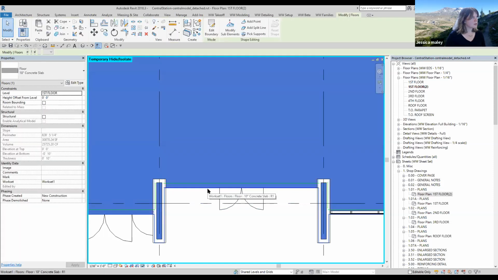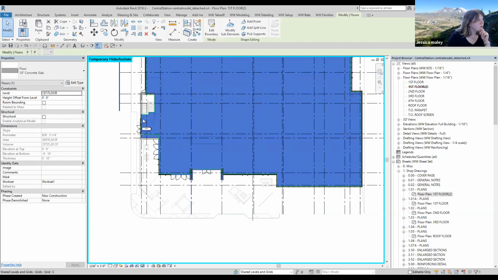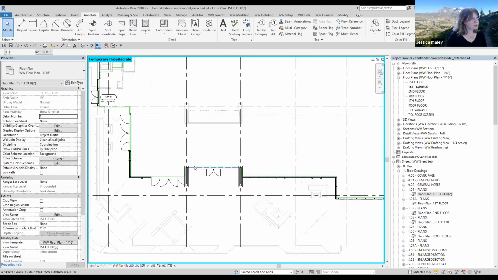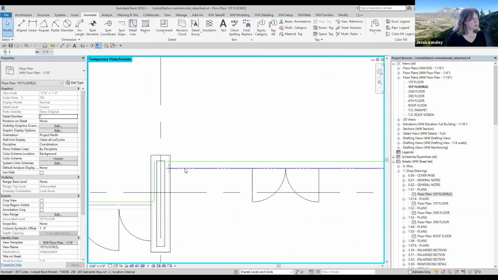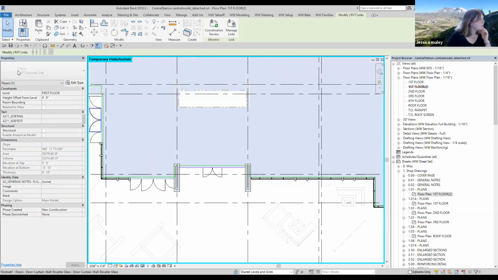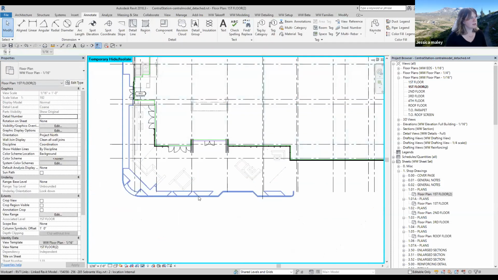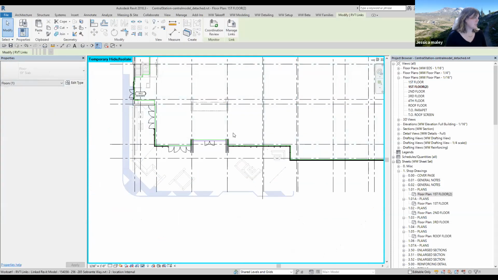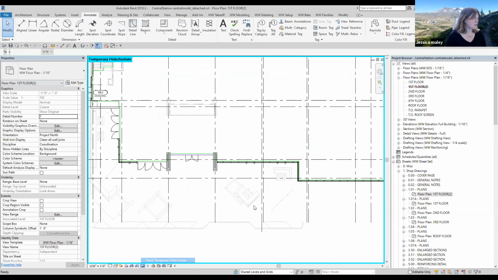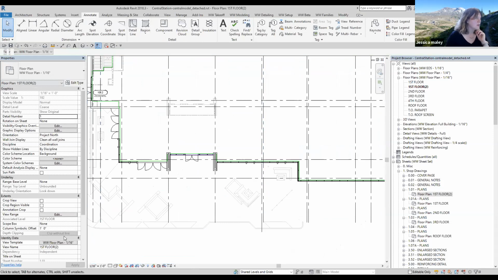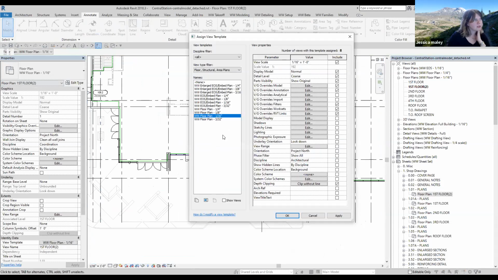Okay, let's see. So my normal floor slab is a 10-inch concrete slab, and the one I want to hide is also a 10-inch slab. Actually, you could create a filter. So I'll show you how to do that. If you go to view template,